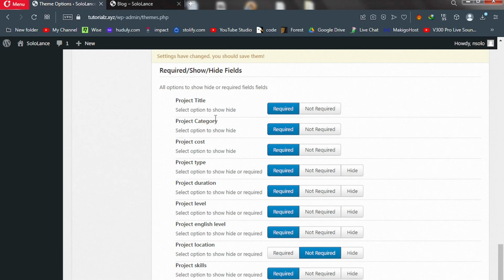That way when they are creating a project, the field will be a required one. Category, of course we also want them to pick a category. We also want them to enter what? The project cost. So almost all these things should be required. But project location, you can even hide this. Okay,